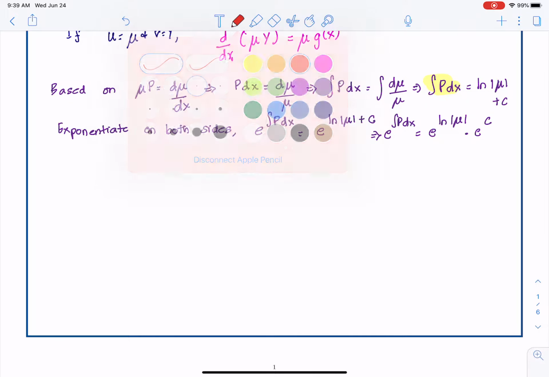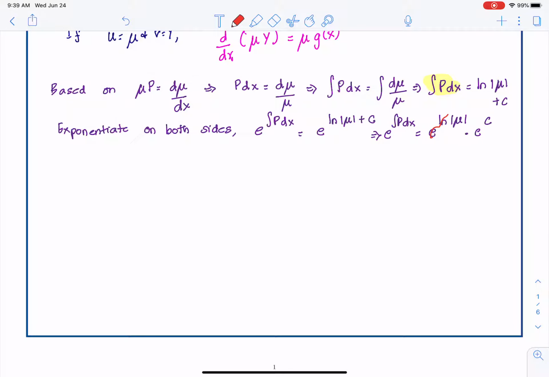The exponent and the natural logarithm would go away, and e raised c is also a constant. C is a constant of integration. Let's say if the value of c is 2, then e squared is also a constant. So I'm going to just call it as,